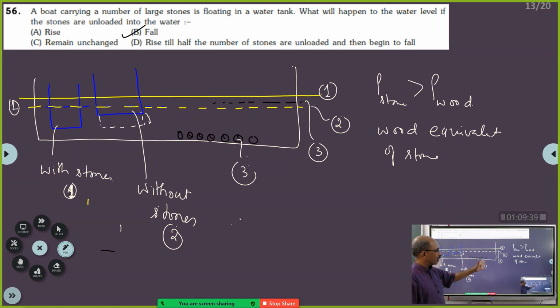There is some other concept, the equivalence between the volume of the water displaced on account of the stones inside the boat and the volume of the water displaced only by the stones. You will find that the volume of the water displaced by the boat, because there are stones inside it, will be more than when the stones are taken out. Okay, that is also good. Okay, friends. So